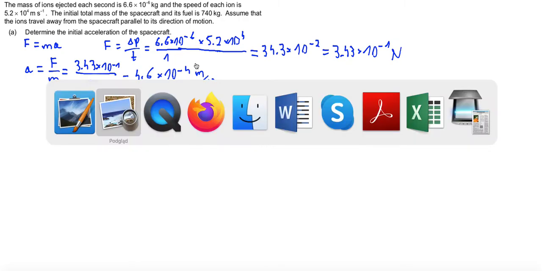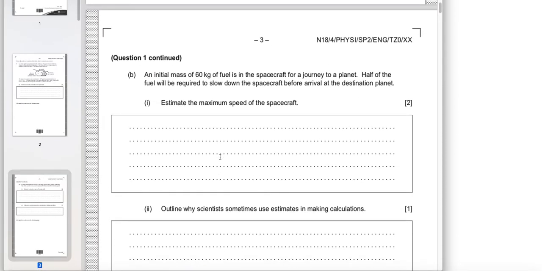Not complicated. Second, an initial mass of 60 kilograms of fuel is in the spacecraft for a journey to a planet. Half of the fuel will be required to slow down the spacecraft before arrival at the destination planet. Estimate the maximum speed of the